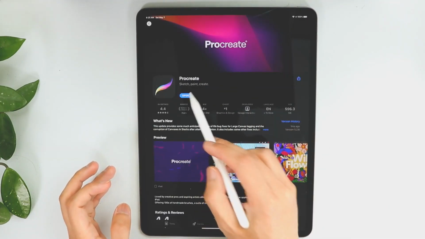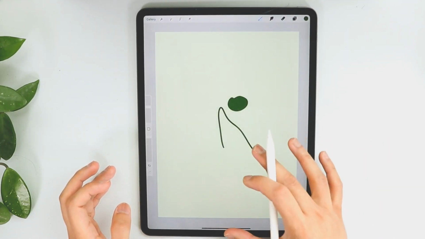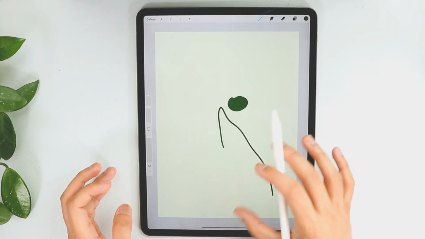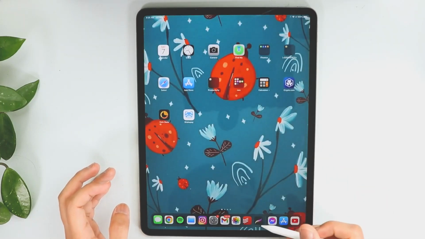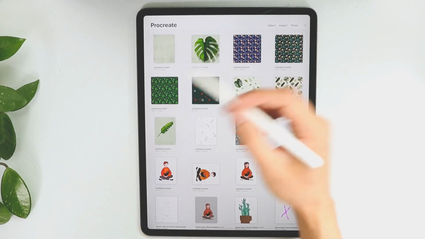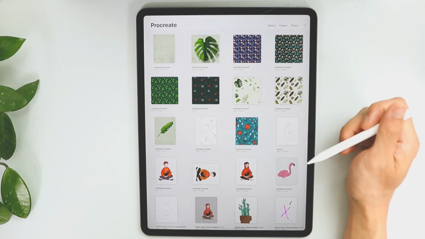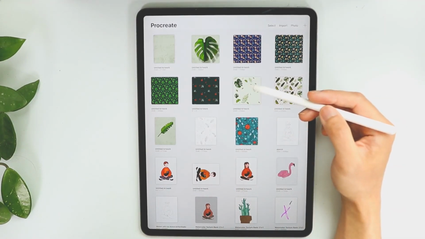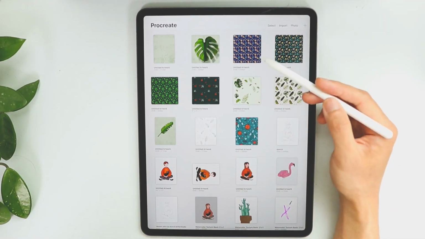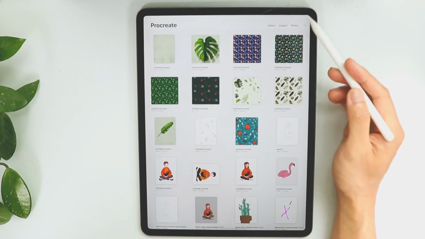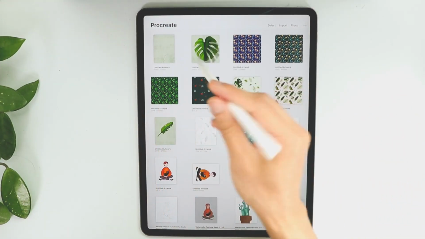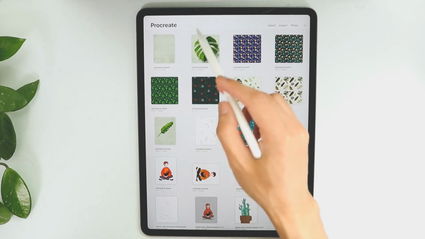Once you download it, you can just open it right there. So I'm already here in my Procreate. The icon of Procreate is this one right here. Alright, so this is the gallery. This is where you can find all your previous artwork, the work you did previously and what you're currently working on. It's automatically saved once you create one. So let's go in this part of the